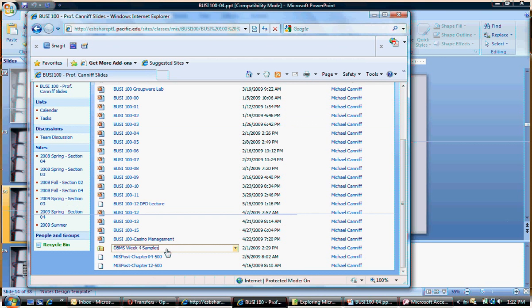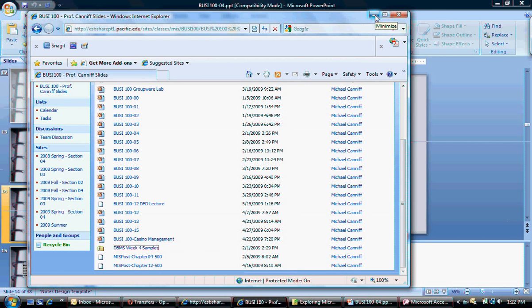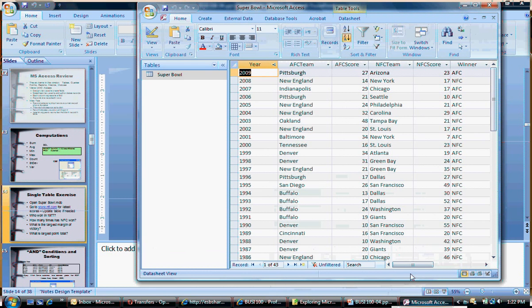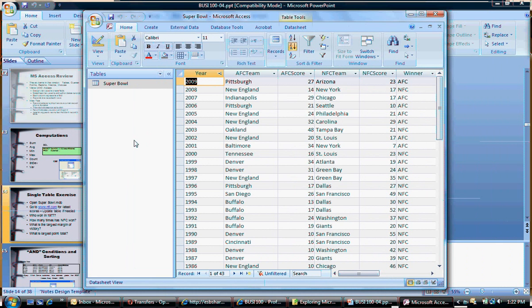You launch that zip file, and then what you'll want to do is extract the files within that, and there's a Super Bowl database file that looks like this, basic Access database. And in this particular example, we